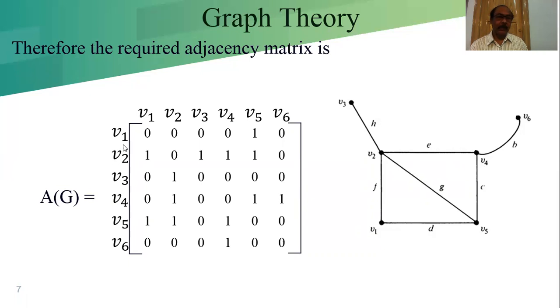So this matrix is known as the adjacency matrix. Adjacency matrix is the vertex to vertex connection. This is the number of vertices at the top and the side. This is the vertex and vertex connection. That's why it is a square symmetric matrix with 0, 1 combination. That's why it is a binary symmetric matrix.